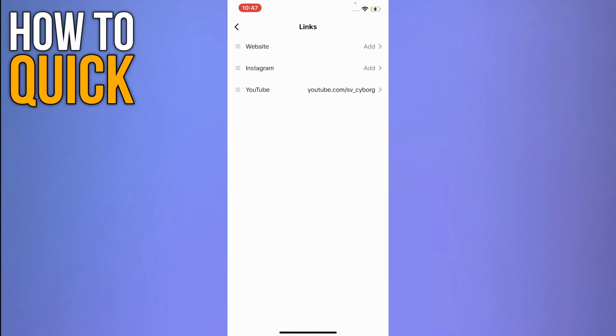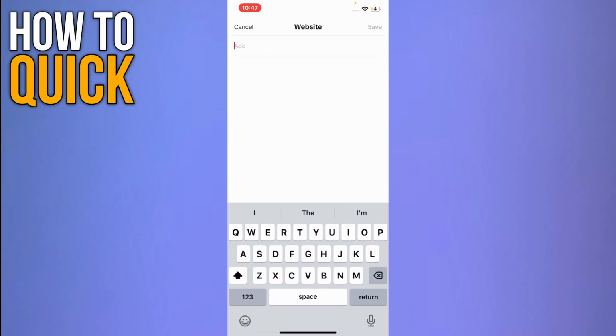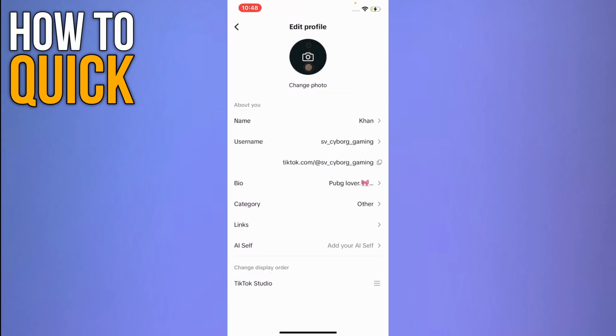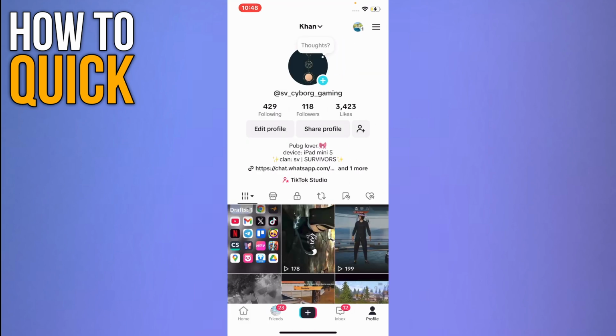In links, you will see an option that says website. So you have to tap on that. In website, you simply have to paste the link of your WhatsApp group that you just copied and tap on save, which is present at the top right side of your screen. So by doing this, you will be able to easily add the link of your WhatsApp group on your TikTok